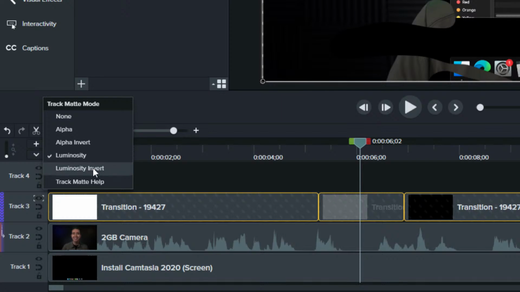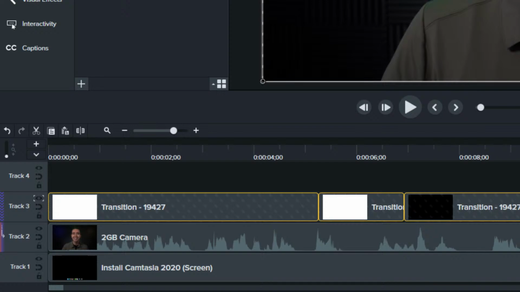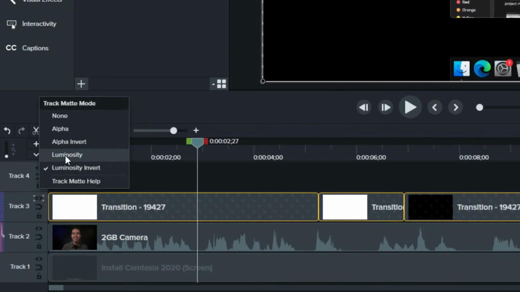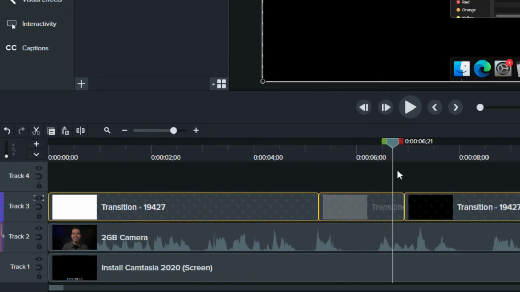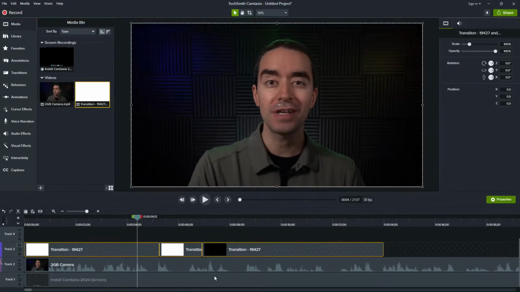And if we needed to flip that around, if we needed to invert that, we could. We could say that we want the white to be the screen, and then we want the black to be my camera. Of course, that's completely wrong because I'm not looking at the camera there. So we'll just flip those for the black and white, and there we go. Okay. So next question is,